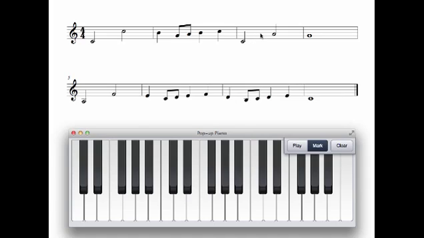2, 4, 6, 3 spaces there. That's a sixth, down by step. This line to this space. 1, 2, 3 spaces, an interval of a sixth. Down by step. Okay, now this measure down by a third, up by second, second, second, and down by a